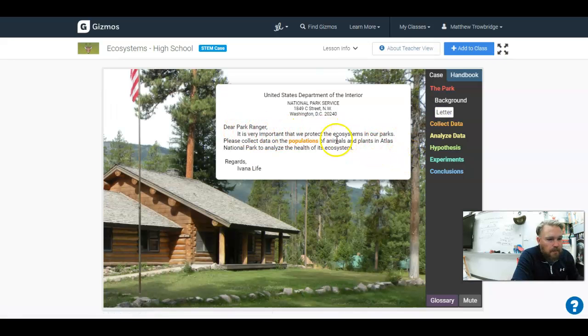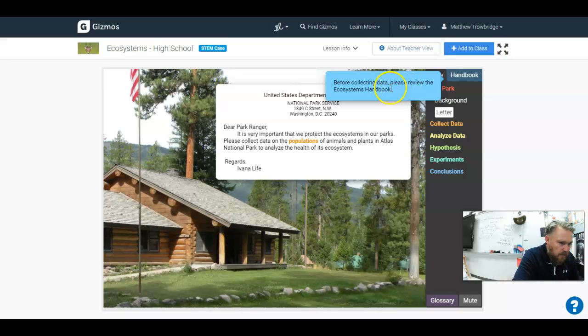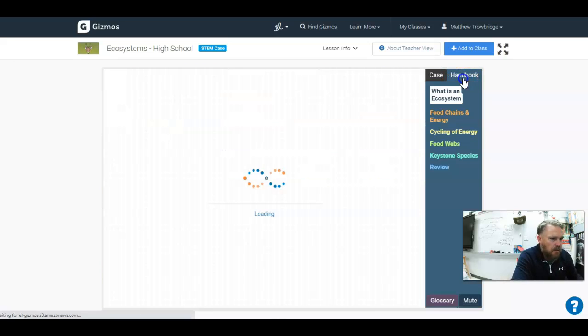It's very important that we protect ecosystems in our parks. Please collect data on the populations of animals. So basically, you're this park ranger who's trying to evaluate populations within an ecosystem here in Atlas National Park. It's going to walk you through that. All you're doing today, though, is the handbook section. It says, before collecting data, please review the Ecosystems Handbook. If we click on that,